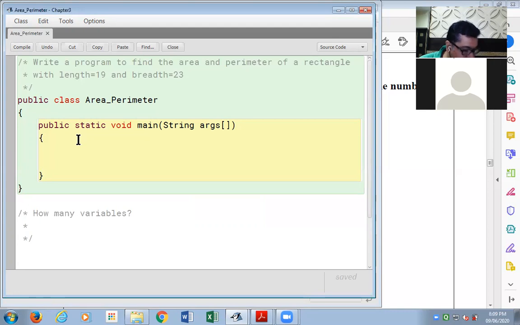Kindly share with me the answer. How many variables do we need in this program? Be quick, please. Yes, Mehak, your answer, 4. Yes, that is correct.